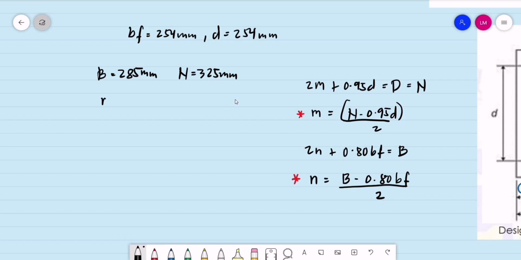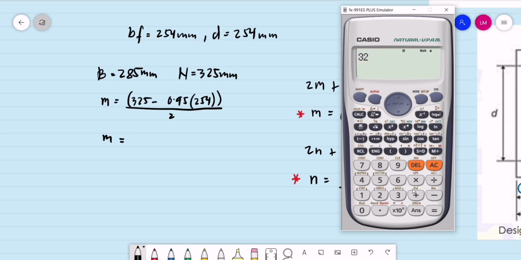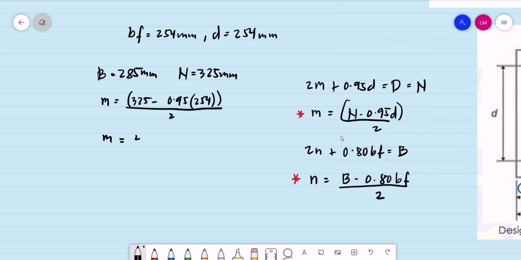So for the value of M, that is equal to N, 325 minus 0.95 of 254, then all over 2. We have the value of M is equal to 325 minus 0.95 of the depth of the wide flange, 0.95 of 254, then divided by 2, that is 41.85 millimeters. Okay, the value of M. Then the value of N,